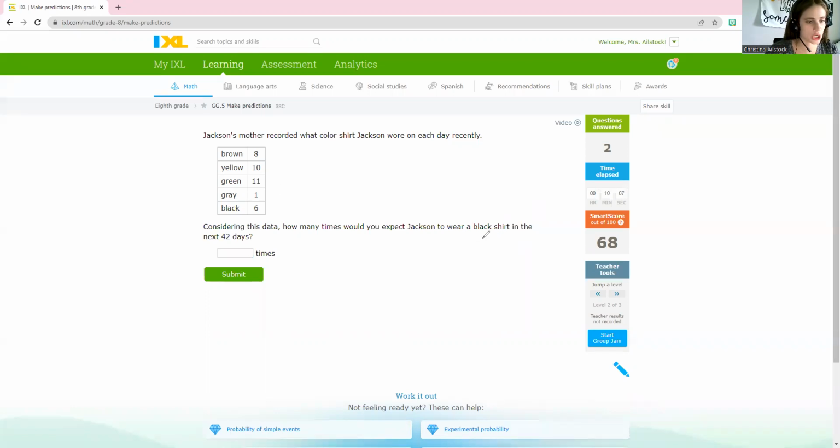So we specifically want to know how many times he wore a black shirt. Well, we can see that he wore a black shirt 6 times. But what were the total number of days that his mom recorded the data for? It doesn't just straight up tell us. We need to add all of these numbers in our table here, because those are all the different days she recorded data. So 8 plus 10 plus 11 plus 1 plus 6 gives us